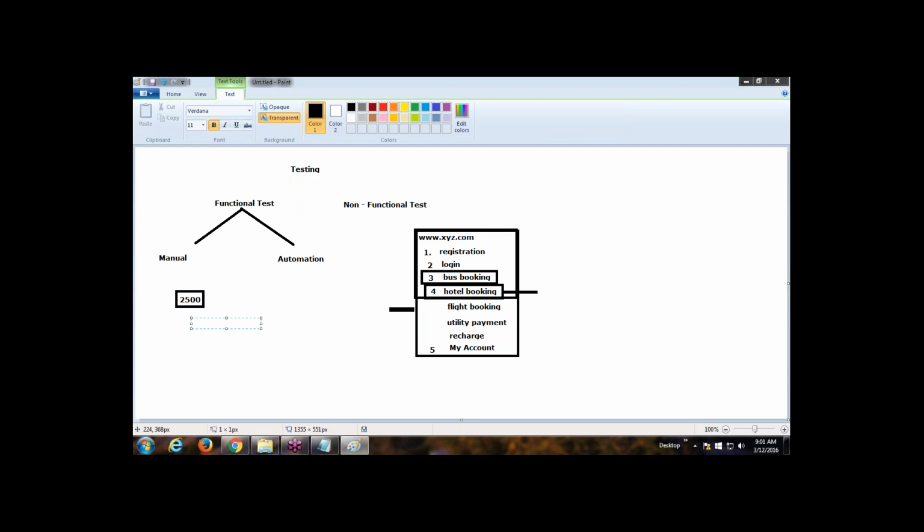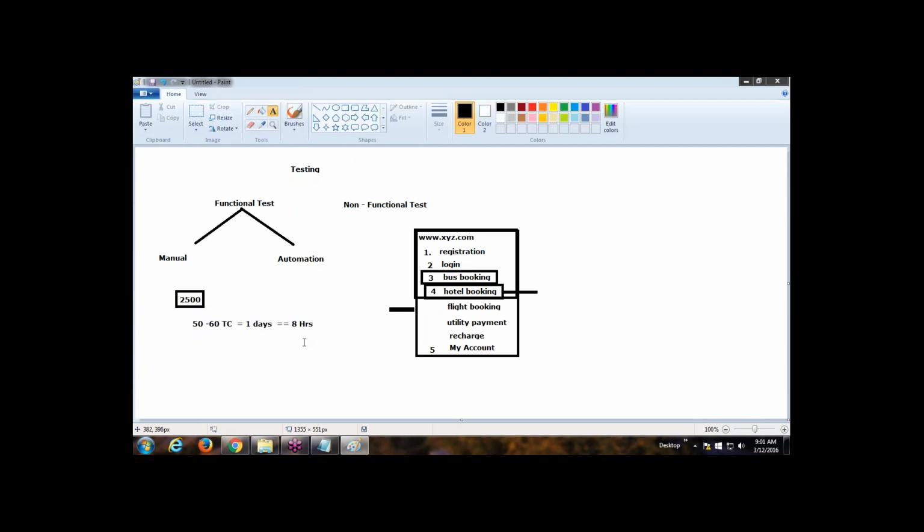Generally, in a day we execute 50 to 60 test cases. One day means 8 working hours. So in 8 working hours we can execute these 50 to 60 test cases. Suppose I am expecting only 50. If we can execute 50 test cases in one day,